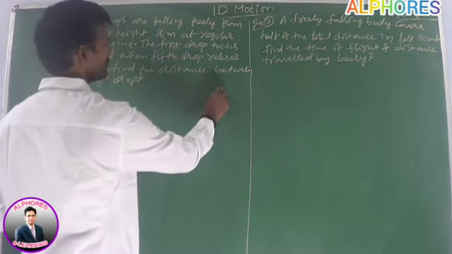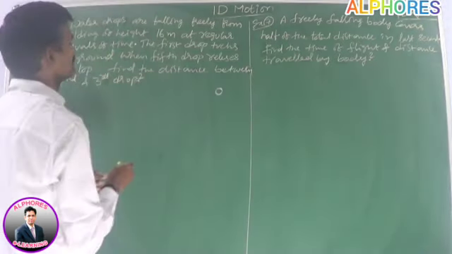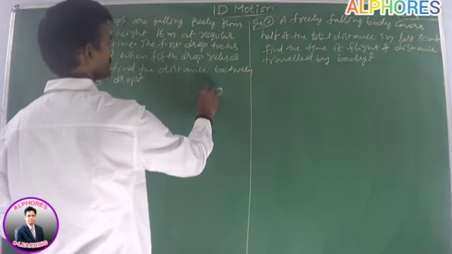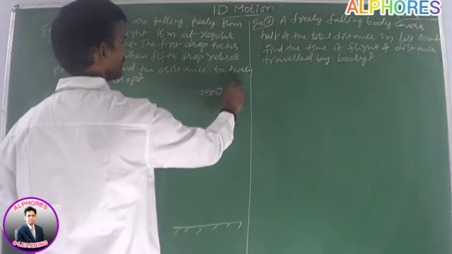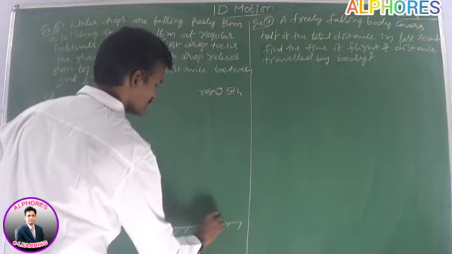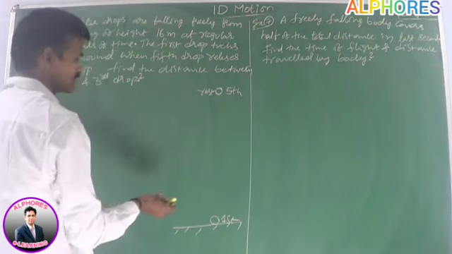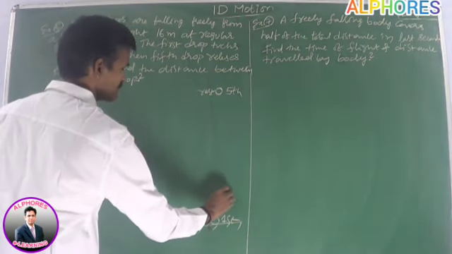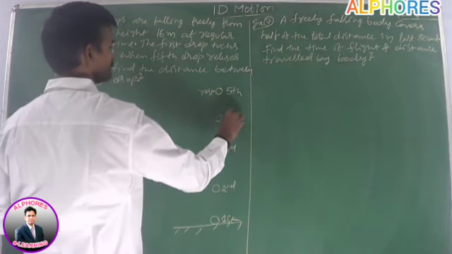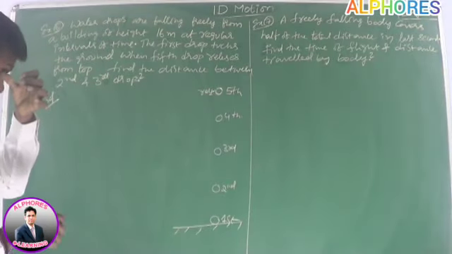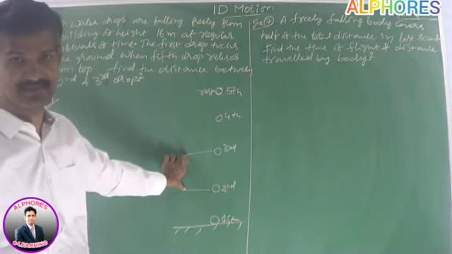Okay, suppose this is the situation. It is the top of the building. From here, water drops are falling. So this is the ground. Here is the fifth drop, and this is the first drop. The first drop touches the ground when the fifth drop is just released. So in between we have the second drop, the third drop and the fourth drop. Right? So we have to find the distance between the second drop and the third. We have to find this distance.